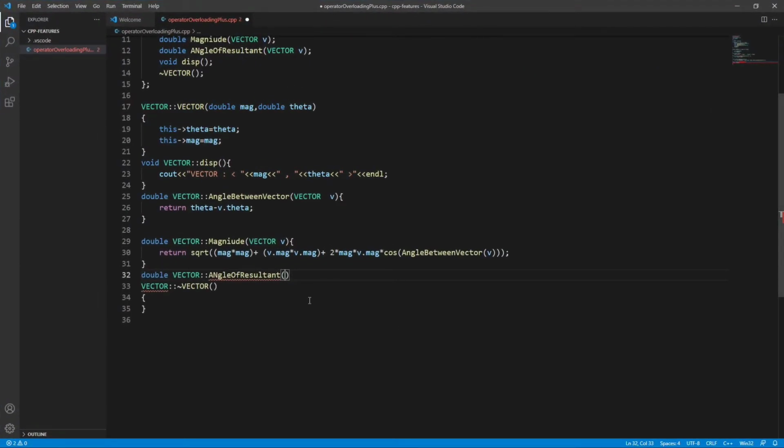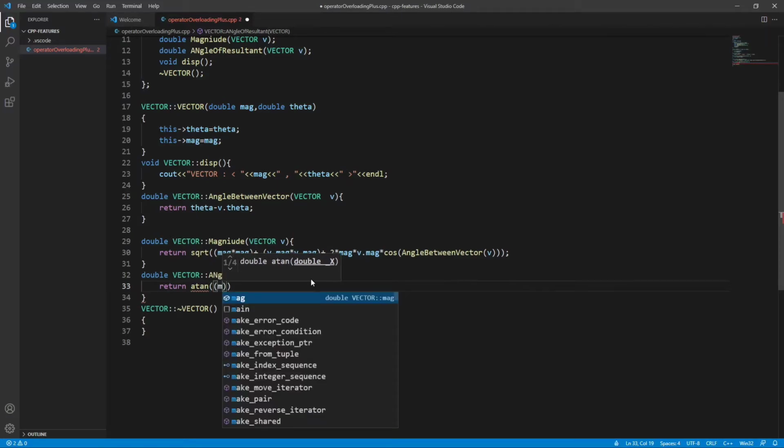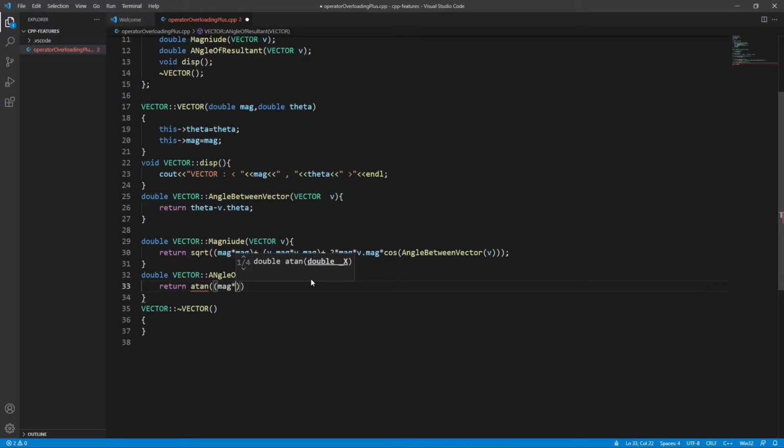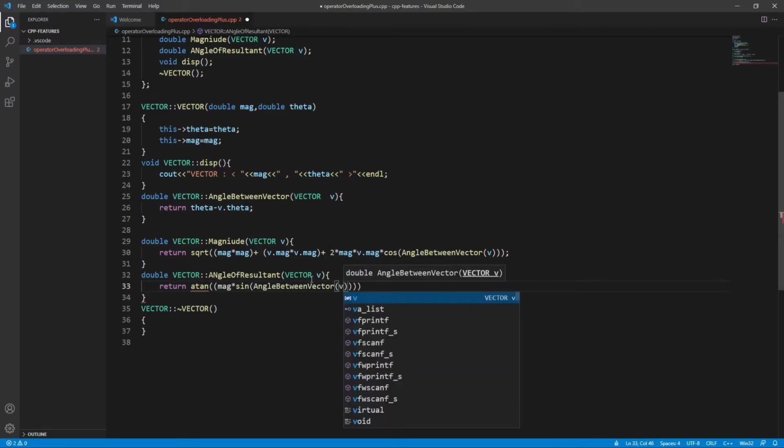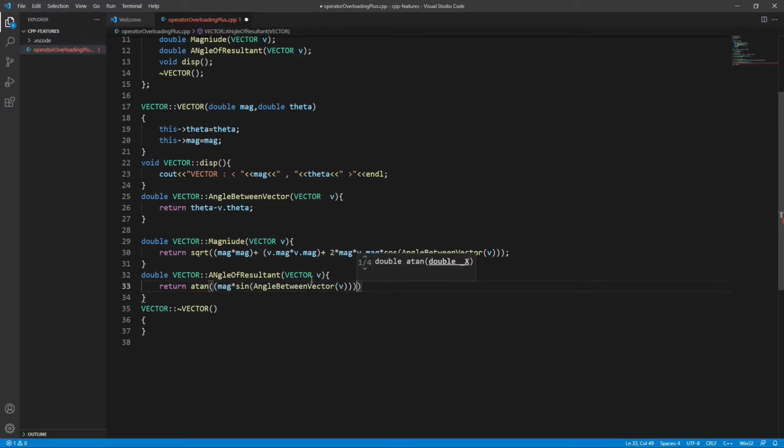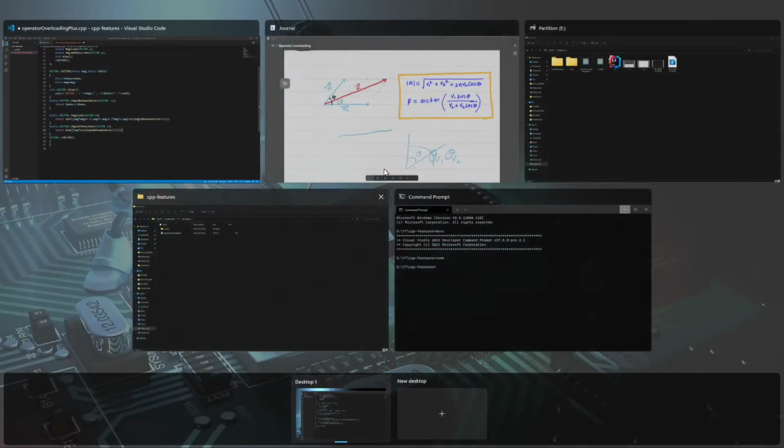So we will provide vector v, and here we go, return atan. atan is the function that is arctan, that means tan inverse, right? So let's provide the value, that is magnitude of vector 1 multiplied by sine of the angle between two vectors, that is v. Okay, so this is the numerator.